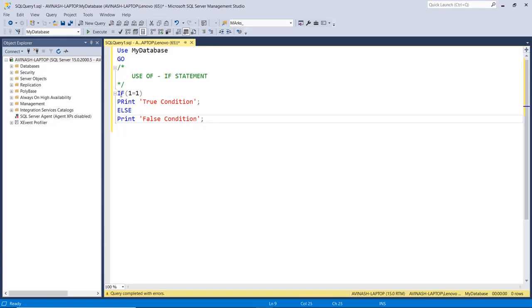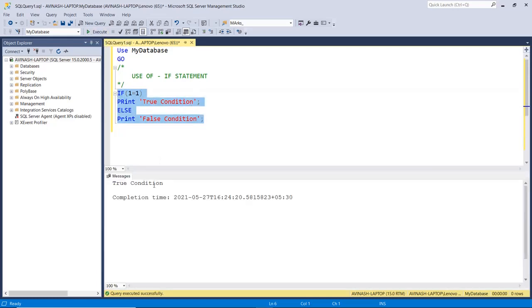Now we have the if statement with the condition, the first statement if the condition is true, else the second if the condition is false. So here we have the comparison. If I execute this one, I get the true condition. 1 equal to 1, the result is true, that is a comparison, and then the first statement gets executed. Suppose I change it to 1 equal to 2, then the condition is false.